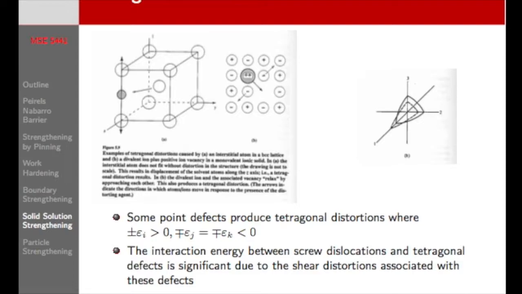And these are much higher in energy than a substitutional, and we'll look at the magnitude. So you get much more strain hardening out of carbon in steel than you do in copper and aluminum at small quantities. The big one is nitrogen and niobium. You can get huge strengthening effects out of interstitials